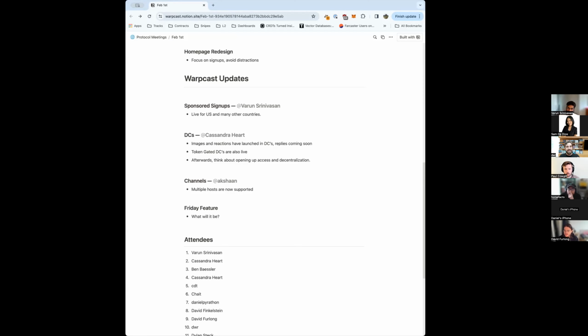So, the speed of iteration. I think you guys have seen that once the team has rotated towards growth and we've been heads down and ruthlessly focused on that, the amount of new stuff that's happening through Warpcast for the protocol and driving growth for the protocol has picked up. And so what I really want to emphasize is, you have to trust us.